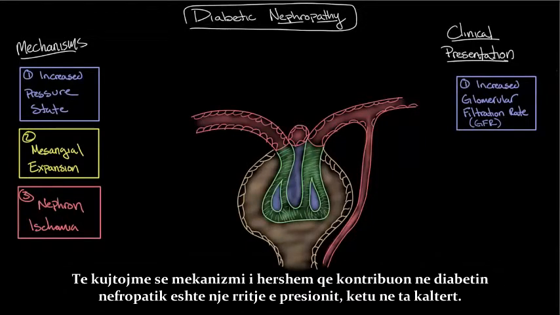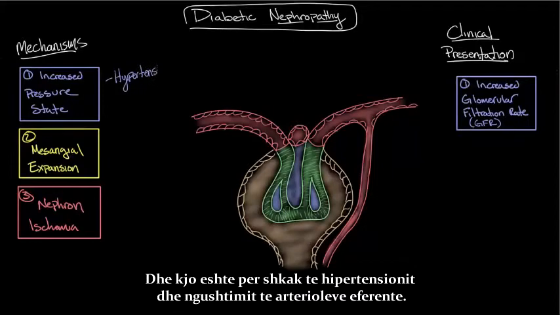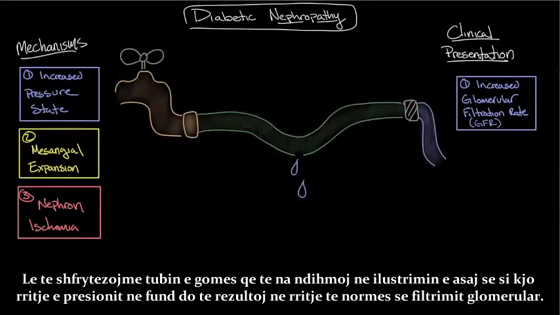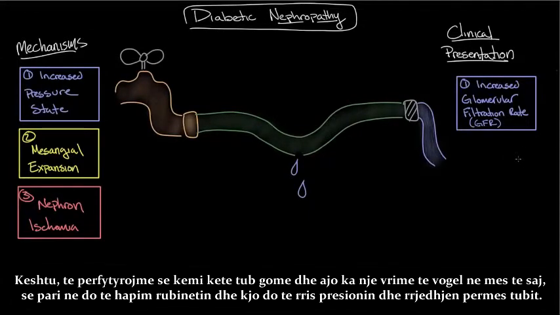We'll recall that the earliest mechanism contributing to diabetic nephropathy is an increased pressure state, over here in blue. And this is due to hypertension and efferent vasoconstriction. So let's use a common garden hose to help illustrate how this increased pressure state will ultimately result in an increased glomerular filtration rate. So imagine you have this garden hose and it has a small hole in the middle